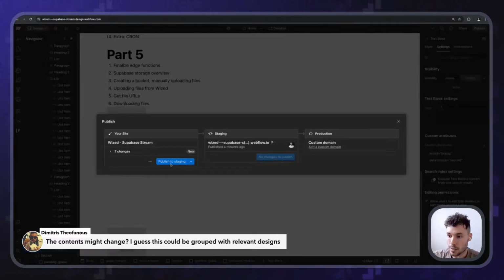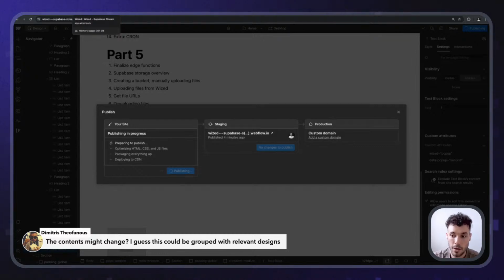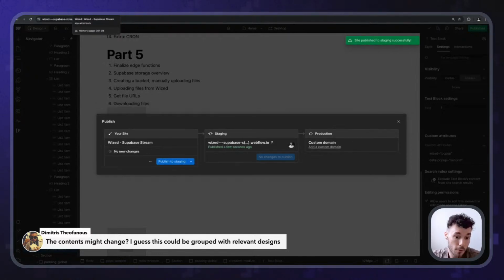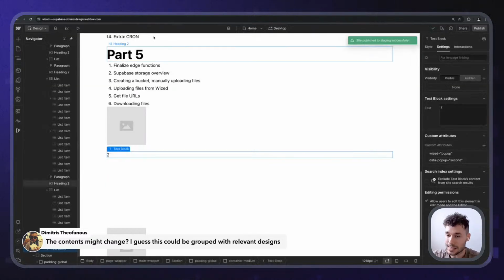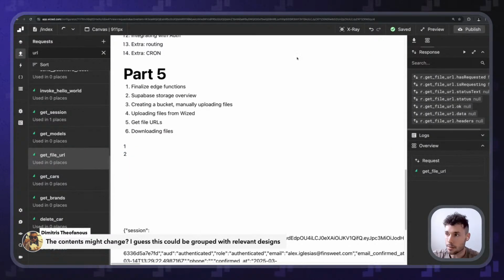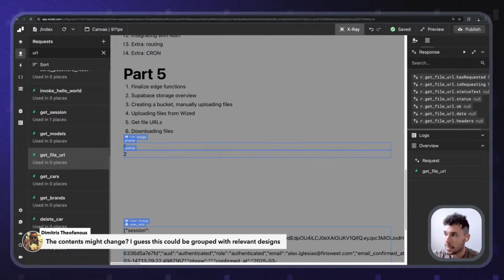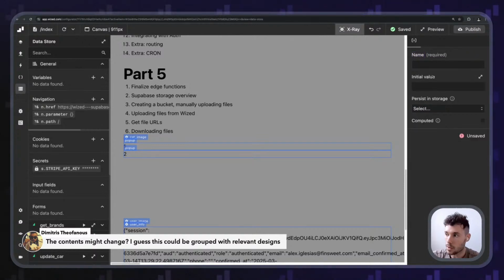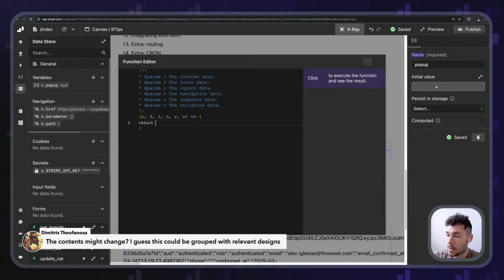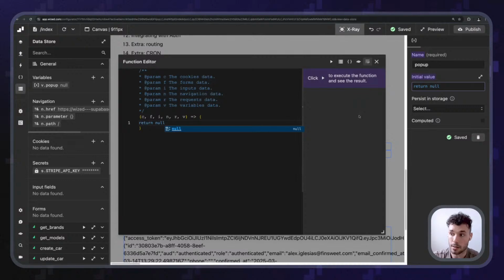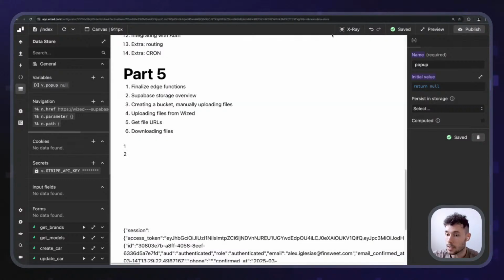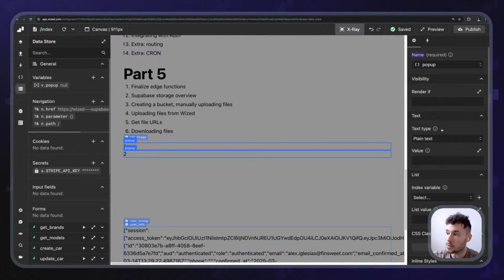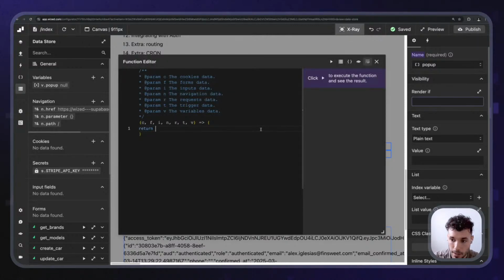So you could potentially set up the visibility of this pop-up based on the attribute of Wized, but also the attribute of this data pop-up. So in here, I can define these. Let's create a quick variable. Let's do pop-up. Why not? And this value can either be null, or it could be first, or it could be second. So in here, we could define visibility for both pop-ups, return, and then